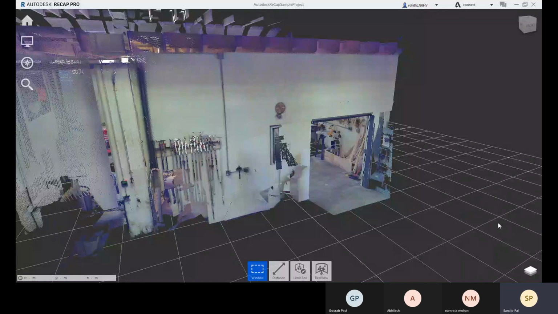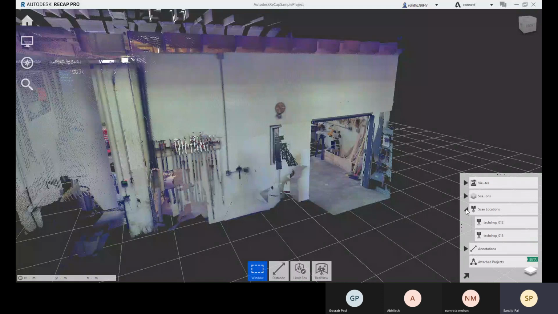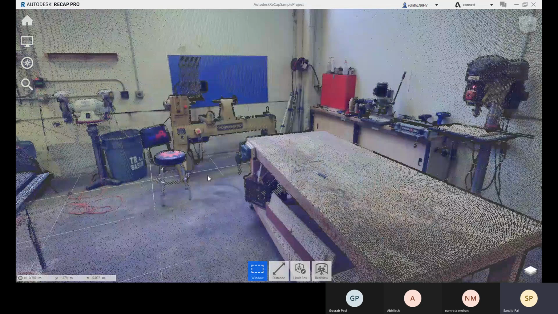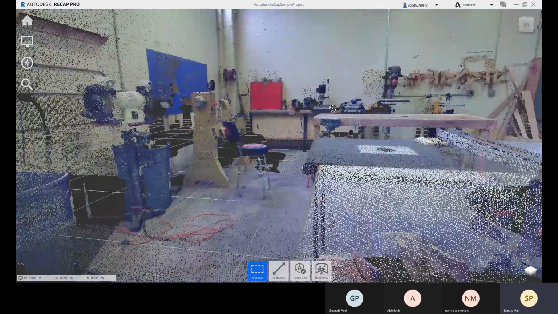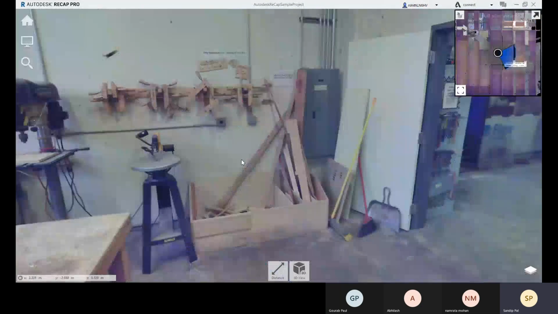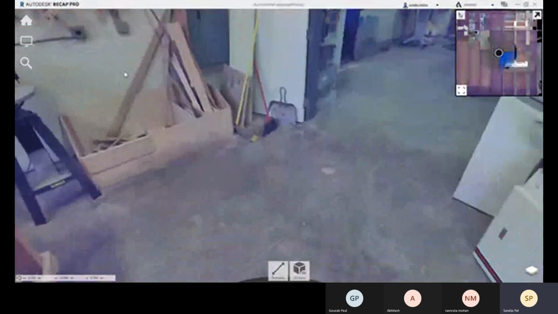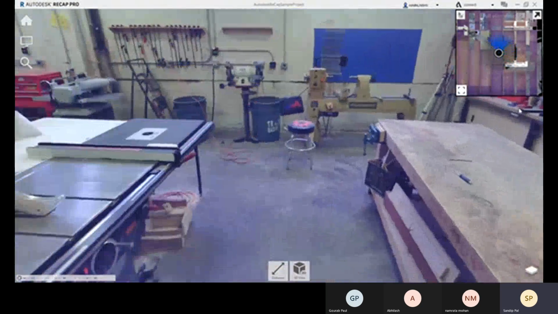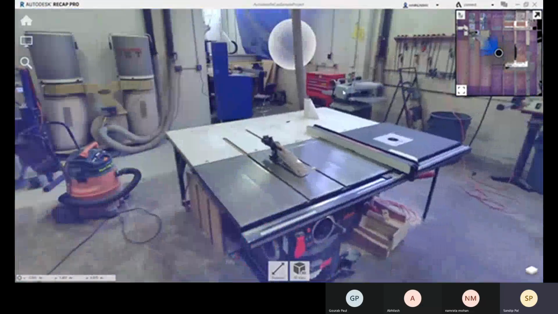Here we have this scan location. Now just click on this, and we have two locations where we set the scanner. If you switch to this location, right click and orbit. There you have this bubble, and if you click on it you will get the scan view. So only you can see this scan. Okay, so this is the scan file.